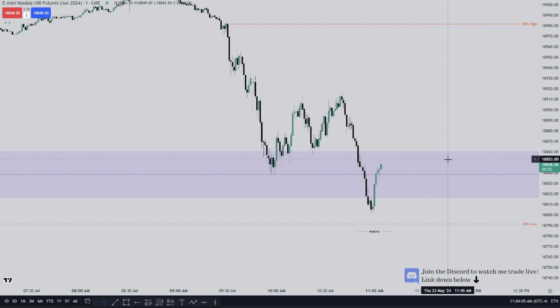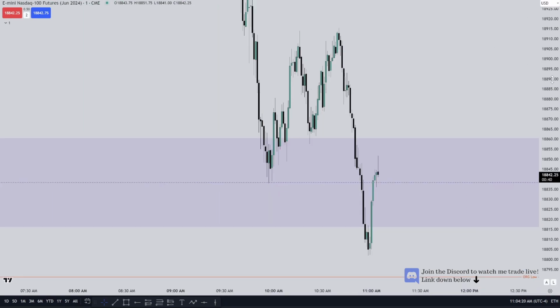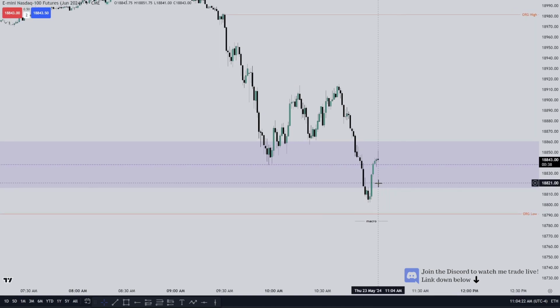Next, fair value gap or volume imbalance, opportunity to go long. I'll look to take that, targeting buy side if it's enough range for profit taking, and then this fair value gap up here. This lower fair value gap here, I prefer to see that stay open, treating that as a breakaway gap. But this one up here might use that as an entry if we drop back down into it, if it gives me another opportunity.